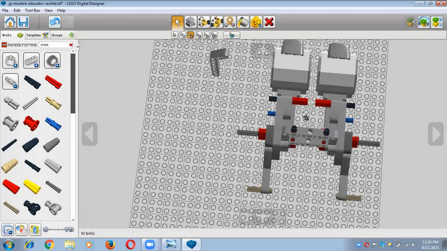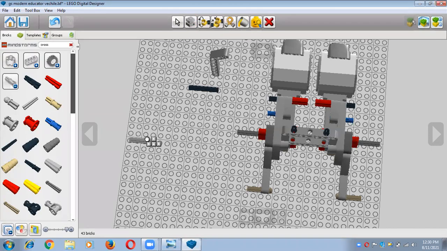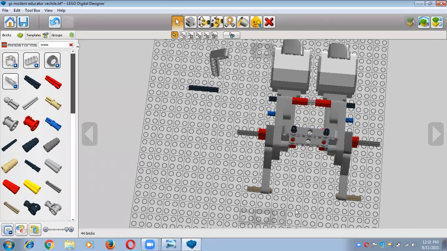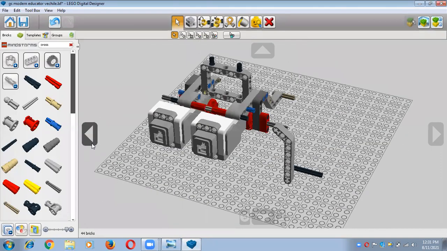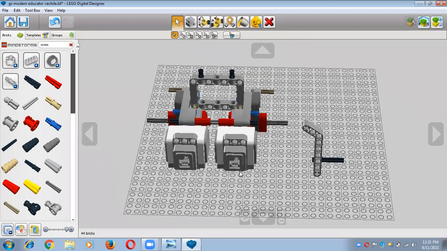Now you would like to join this part also, so you can take one more cross axle. So you have to use connected selection, clone tool. By the help of clone tool you can do clone and then you have to set here. अब आप यहाँ पर देखिए cross axle यहाँ पर set नहीं हो रहा है, that means it is long. So you will take 3M cross axle, yes, and now you will put here like this. You can see अभी आपने इसको पूरा completely join कर लिया है. It is looking very nice. So you have to delete all the extra parts which are available on your work plane area right now.